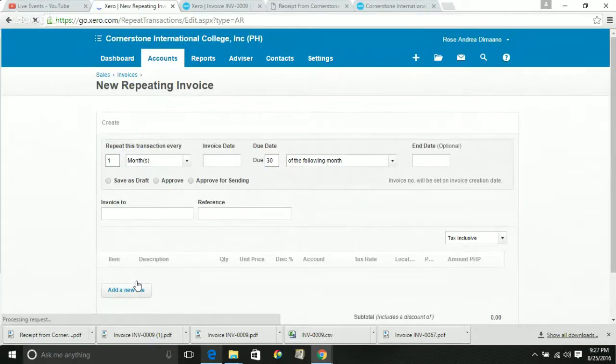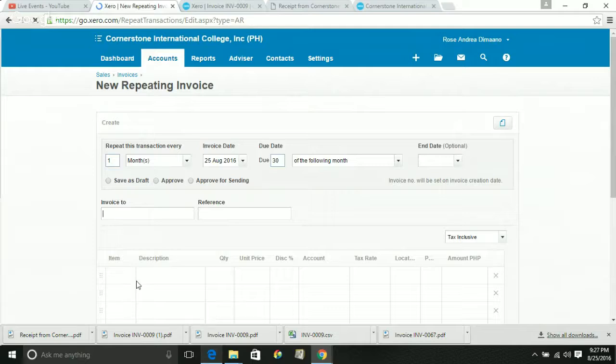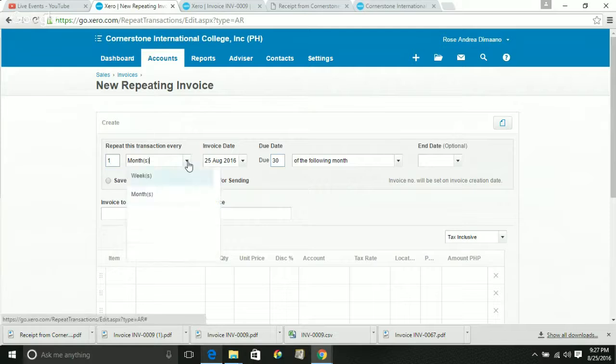A repeating invoice, like a draft, is not posted, so it will not appear on our ledger. So it's just a buffer invoice. We set it up if we want to repeat it. For example, the customer or the student wants to pay 500